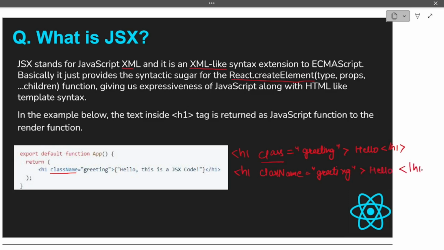If you want some static text to be displayed on the screen, you can put it like this. It's not compulsory that you always have to use curly braces and then double quotes inside it. So you can even write it like this. So this part, what we are doing, is called JSX, because here we are writing HTML-like syntax in our JavaScript files or our JSX files. So this is the main concept of JSX. Now let's understand more about JSX.